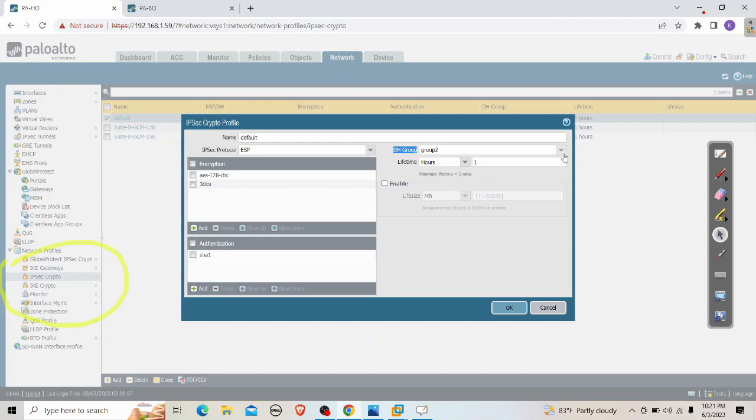Actually let me show you here. If you don't want to use that, we can put no PFS. PFS means perfect forward secrecy. That means the key is continuously changing, because of this lifetime, let me show you that. If you are going to use no PFS, that means you are going to use the same key. But if you are using PFS, we are going to exchange different keys, because the importance is, if